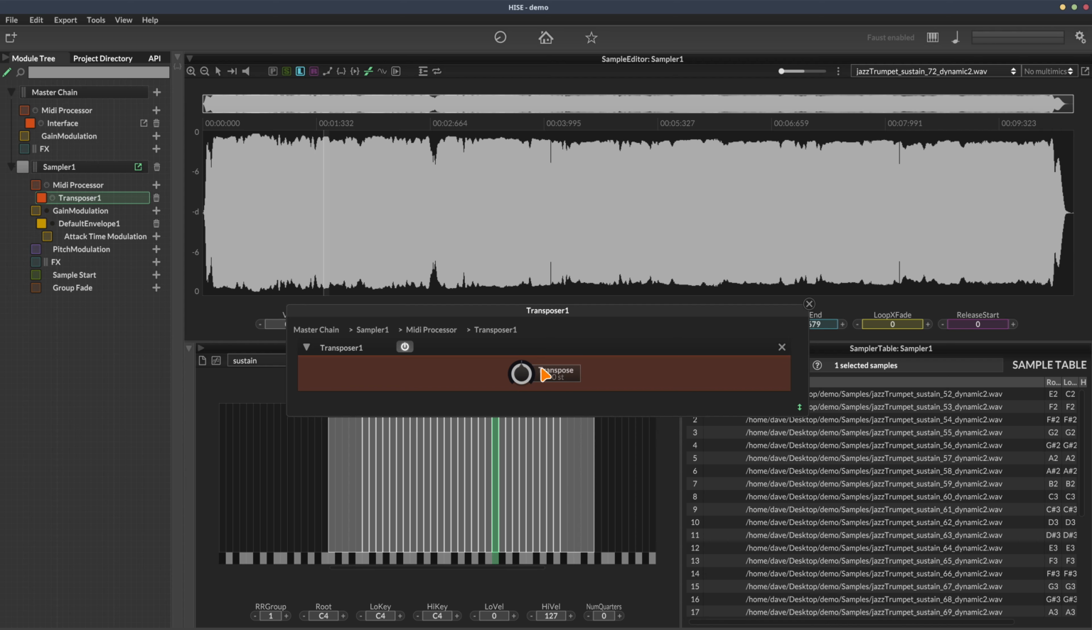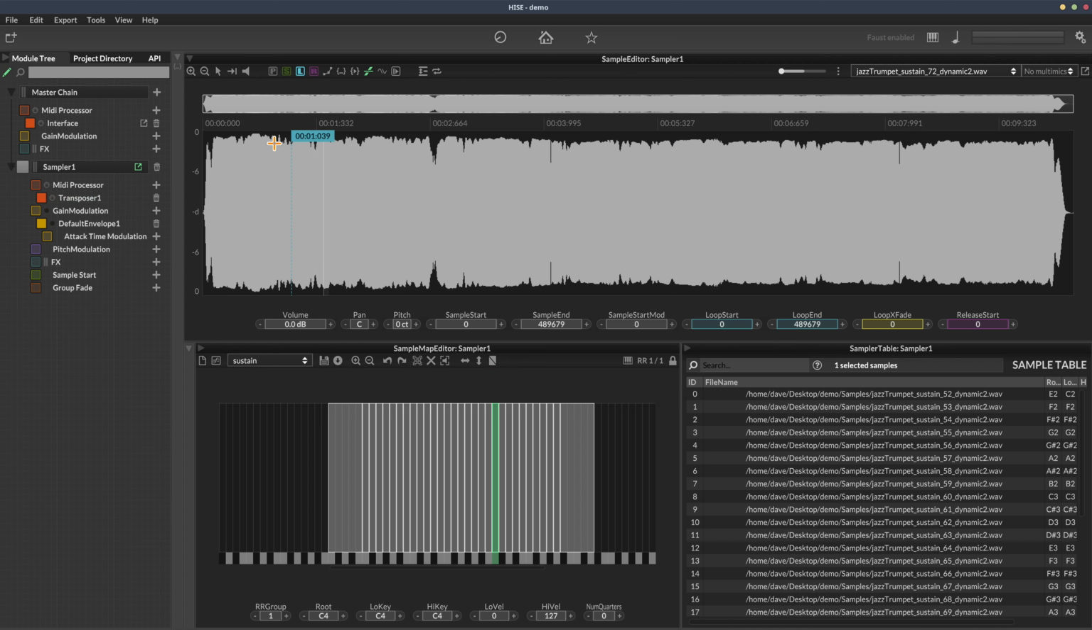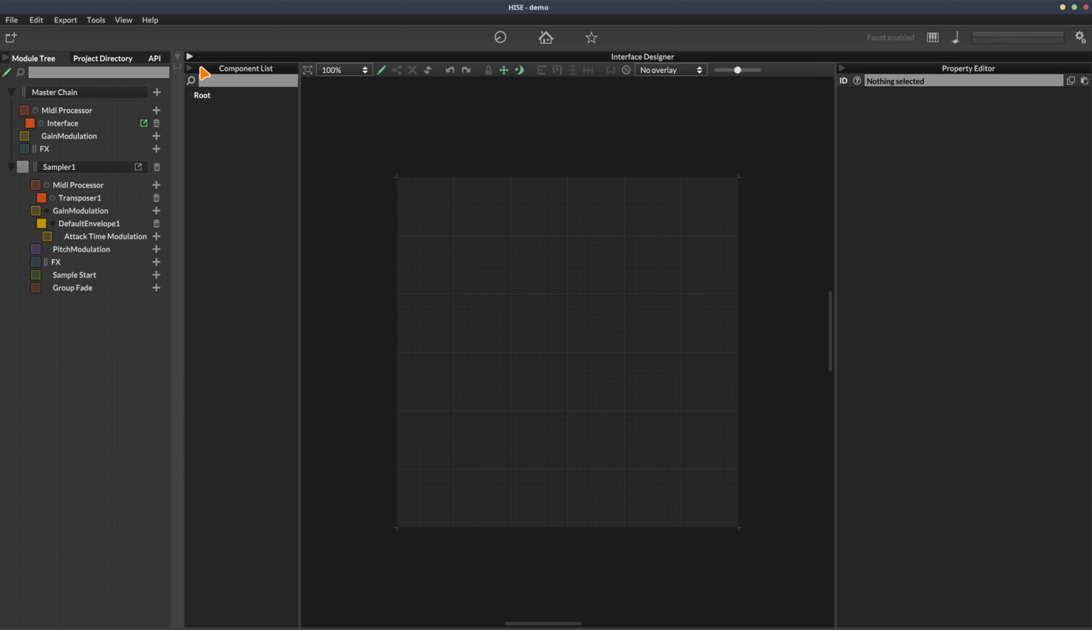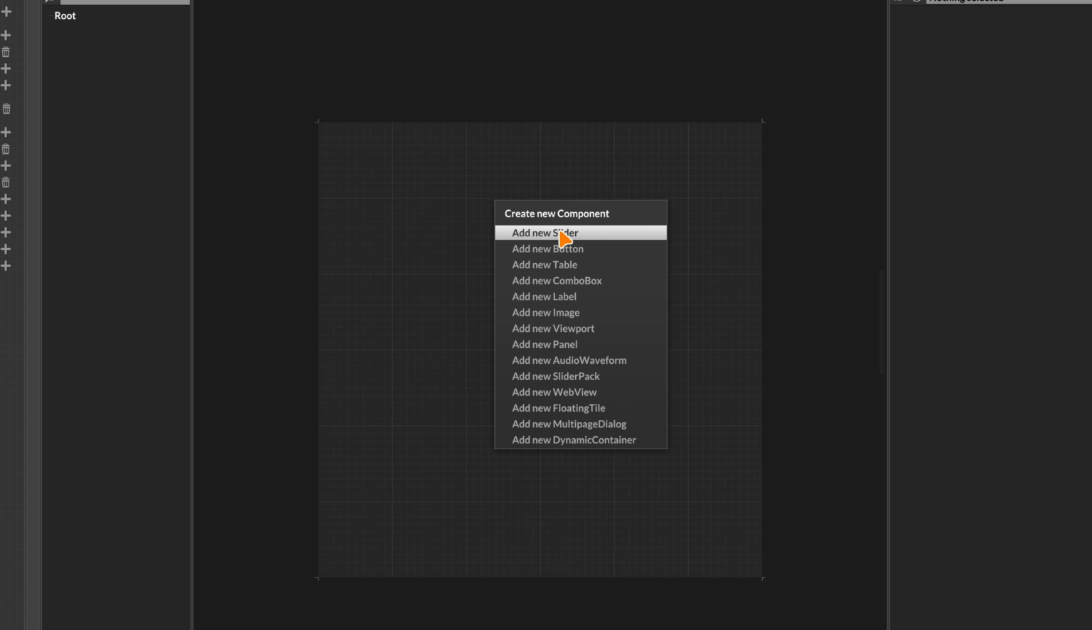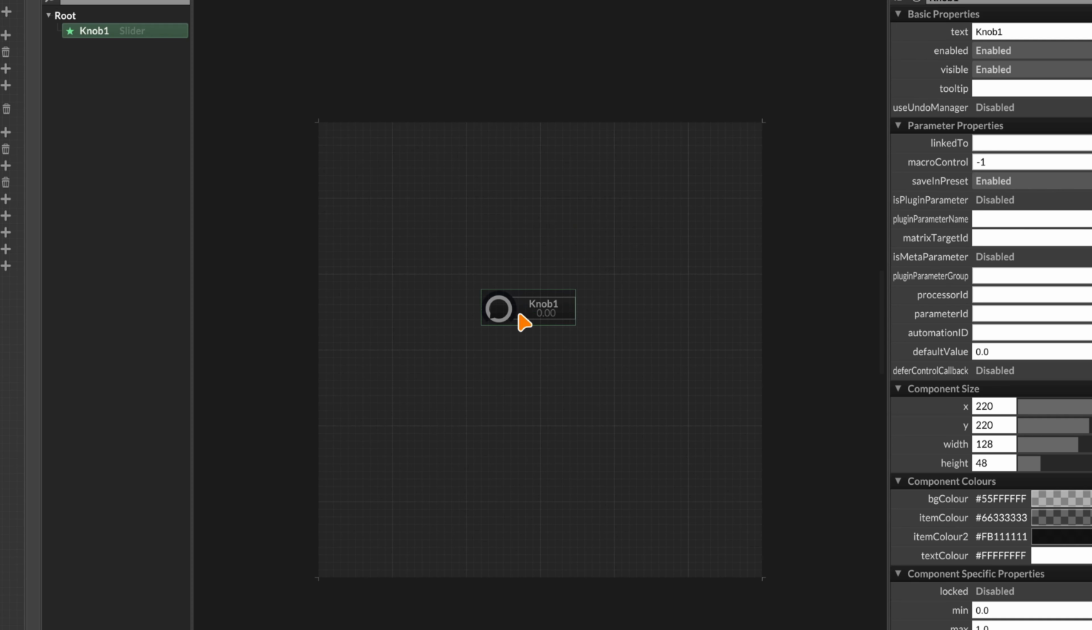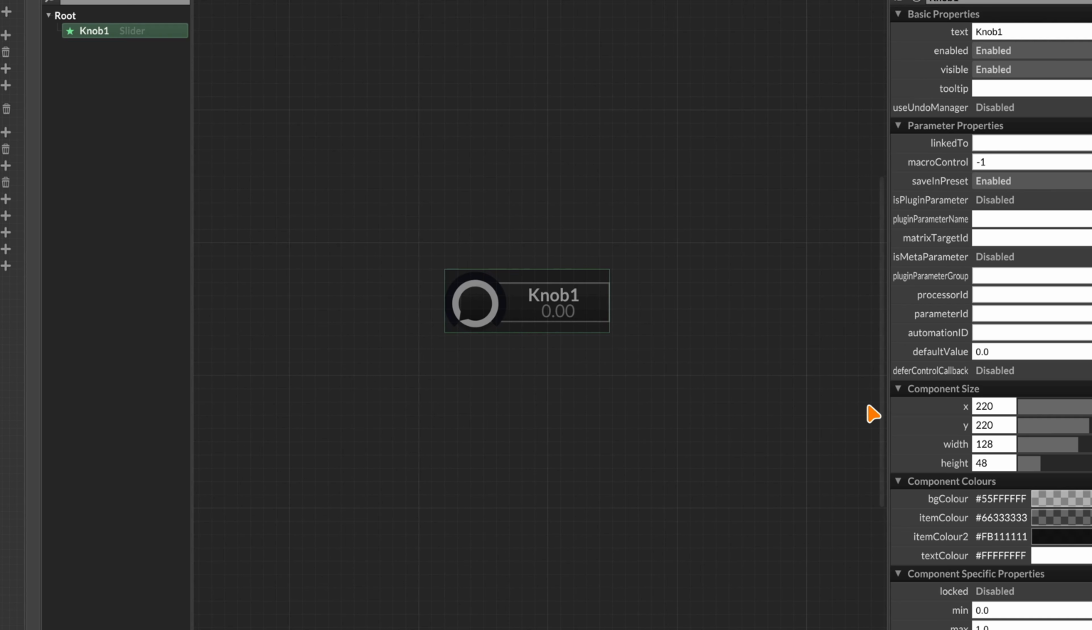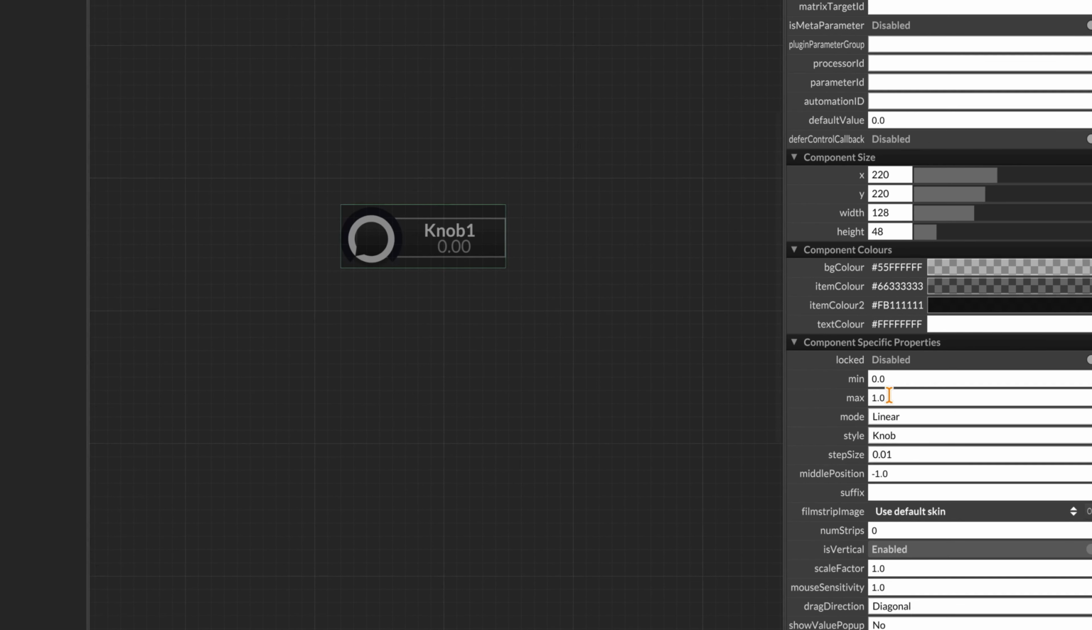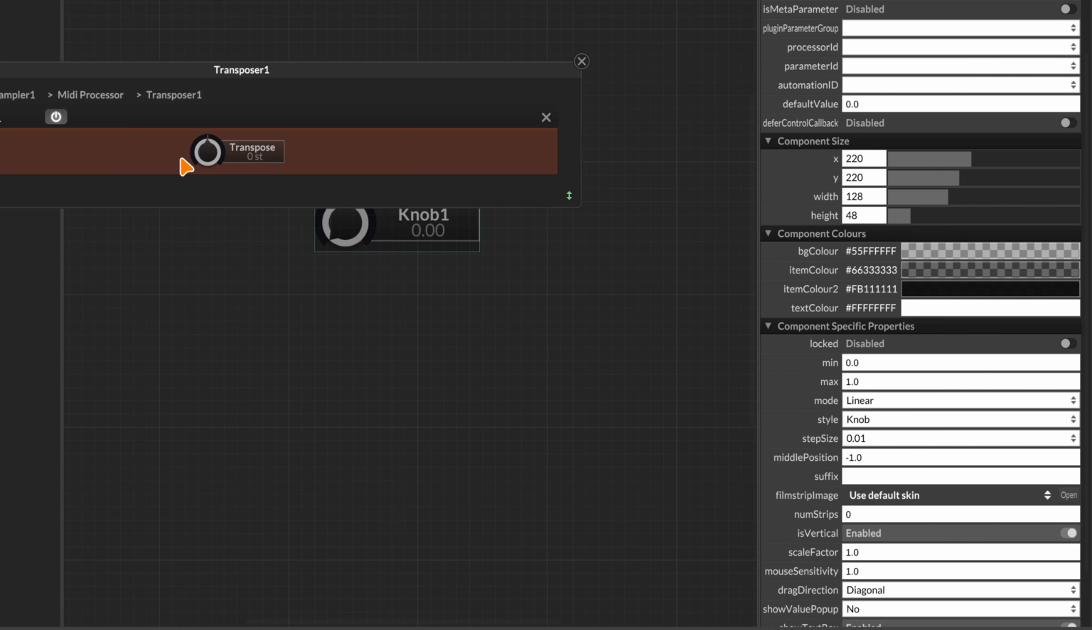Now, if you wanted to connect this to a control on the interface, that's really easy to do. It's just like connecting any other HISE module. So we would add a control to our interface. Just zoom in on there. We need to set the range. So the transposer goes from